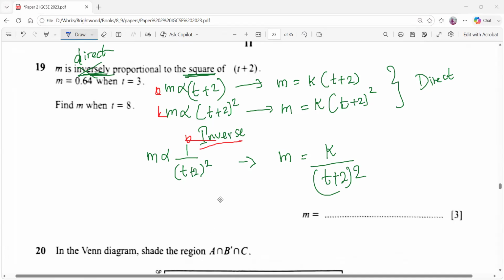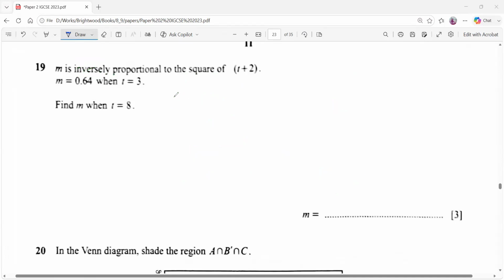Two things: direct proportion and inverse proportion. So how do we write direct proportional, or if it is inverse proportional? How to write it? You can write it as the equation. First of all, if it is inverse proportional,